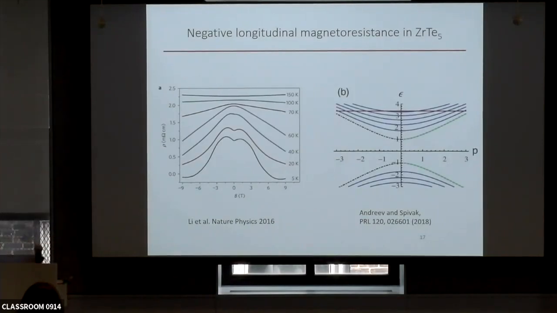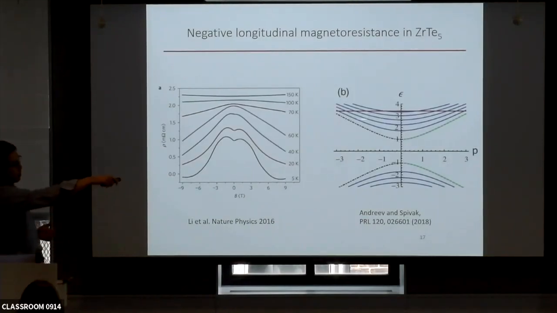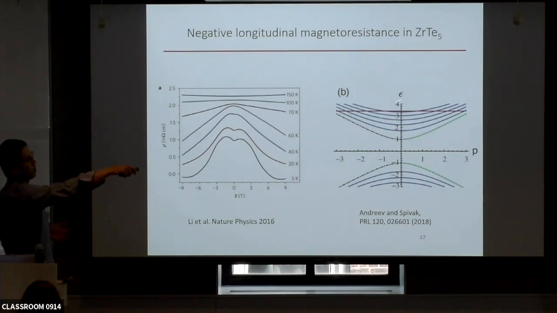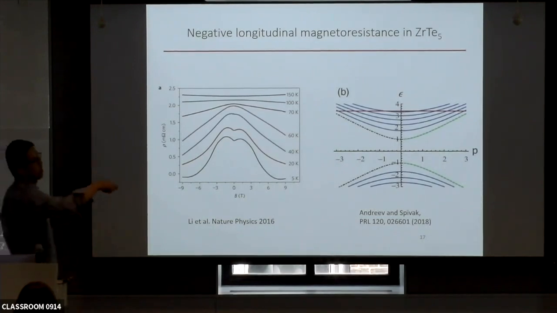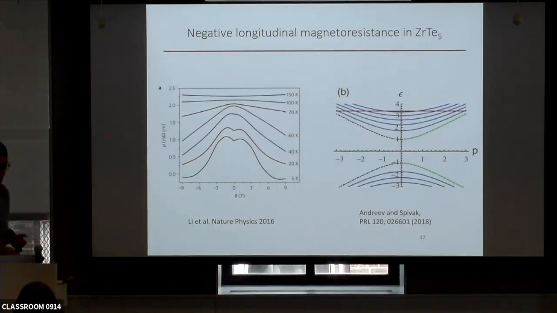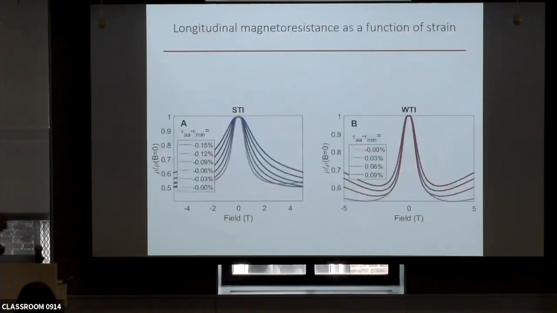And the way it works is that even though it is slightly gapped, as long as your Fermi energy is far away from the Dirac point, it doesn't really care whether you have a small gap open at the Dirac point. But if your gap gets larger and larger, eventually it will affect your chiral anomaly, and you should see a decrease of your chiral anomaly. And this is indeed what we saw.